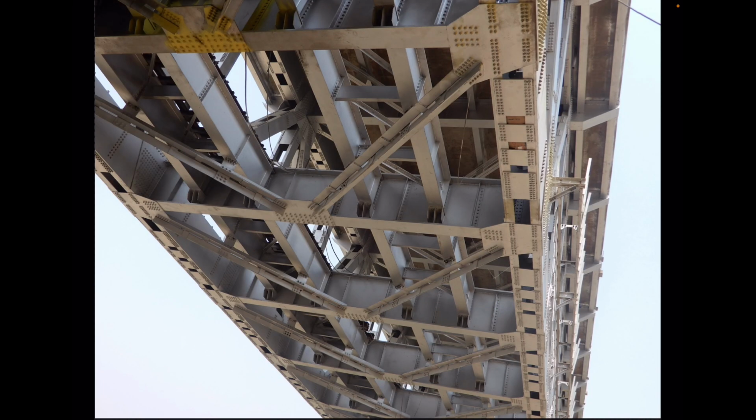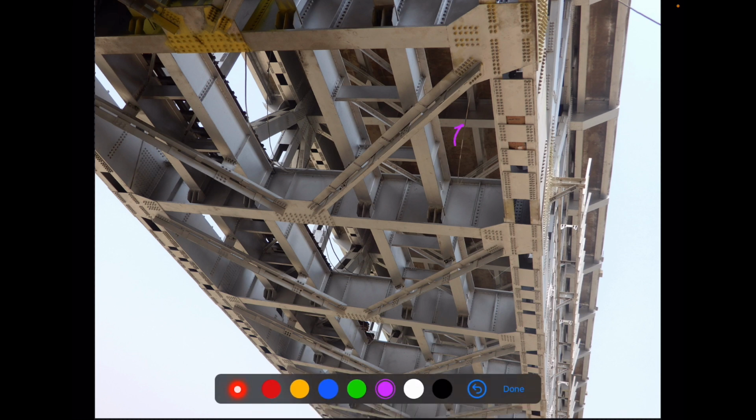Yes, another view. So we have seen the flooring system. Now let's try to identify some more components. If you see at the top, this is the top of the railway tier. It is a kind of sway girder